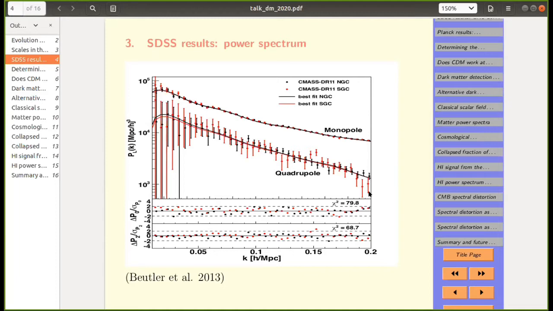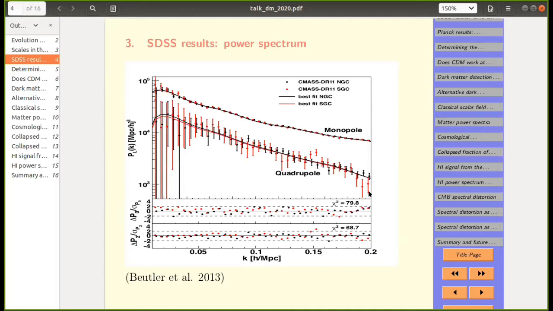So that number needs to be kept in mind. From all the observations we have done so far of galaxy clustering, the smallest scale that we can probe currently is around k equal to 0.1, make it k equal to 0.15. It is actually amazing. One may ask, what is the smallest scale that can be probed by CMB anisotropies, Planck? And that scale is comparable. That's around 0.15 actually.